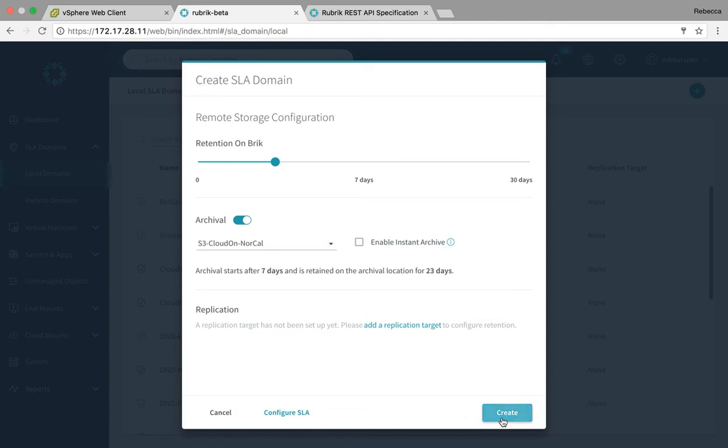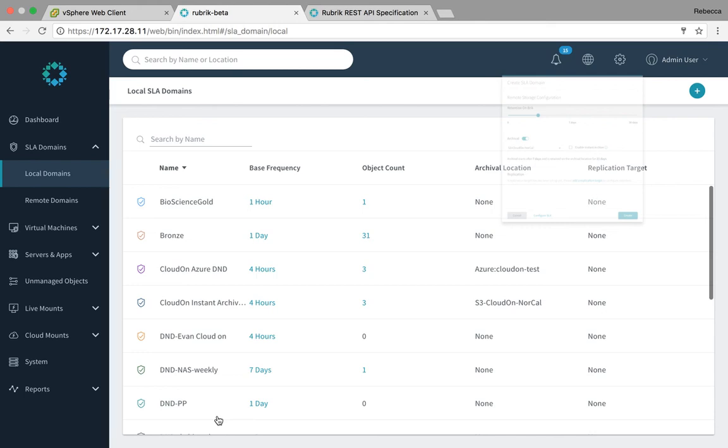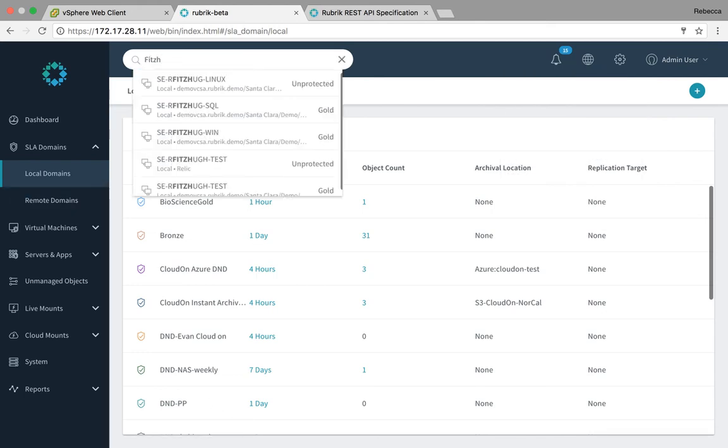We can assign this to our different workloads. If these are virtual machines, we can assign this at, say, the vCenter level, if these are vSphere virtual machines, and have everything within that vCenter auto-inherit it. Or we can be a little bit more granular and apply it at a folder level. Or if we really wanted to, we could apply it per virtual machine. So let's cancel out of that and go look at one of my VMs. I have a couple of VMs. Let's look at my